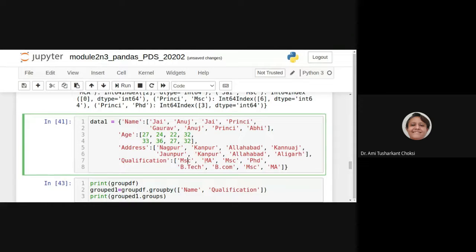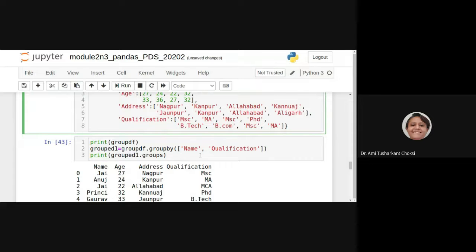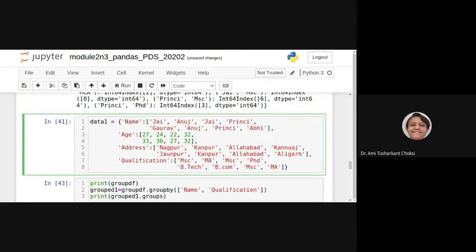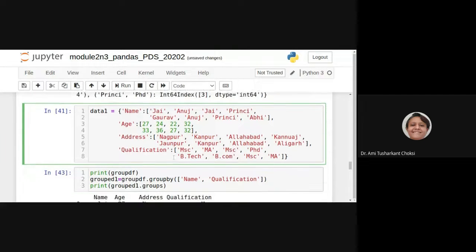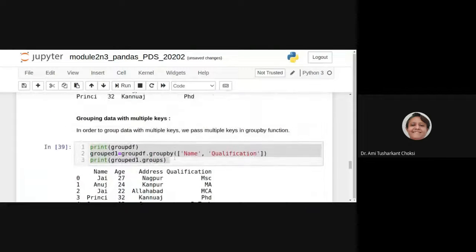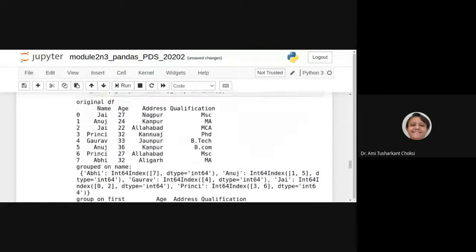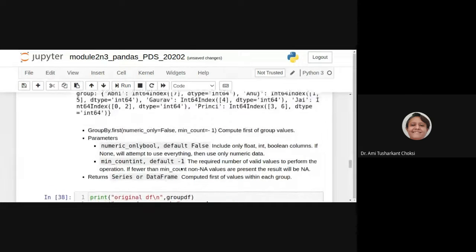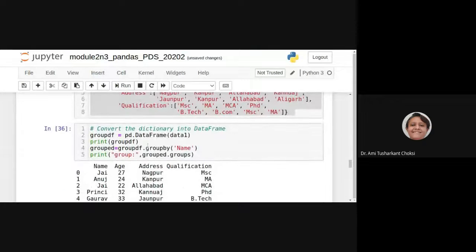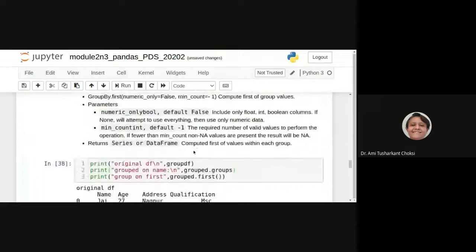Jai MSc. Jai is having MSc. So why isn't it having the effect? Oh, data one is there, isn't it? Where is the group DF? We have considered group DF, and group DF is group by name. Okay.